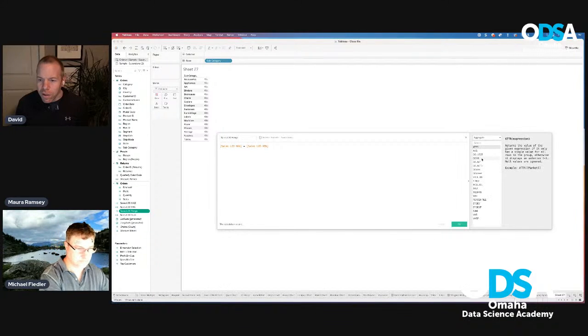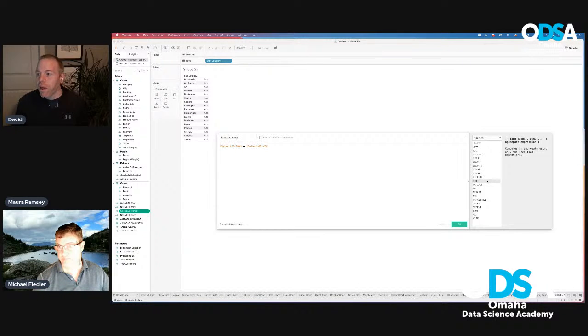Be an aggregate. I'm trying to see where you find them. Oh, there it is. Yes, in the aggregate. So it's not in the table calculations. So this allows you to aggregate data without it. Like if I aggregated it and I needed to do that next level aggregation, I would need a table calculation. But the problem with the table calculation is that once you,